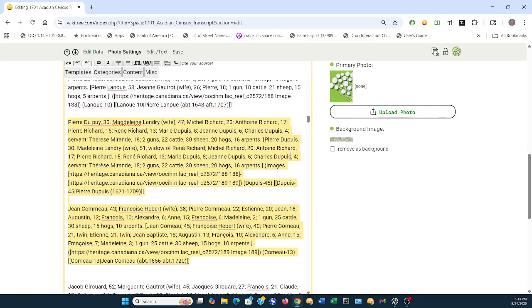And now I want to go to the profile for him, and the way I'm going to do that is I'm just going to go back to the main page